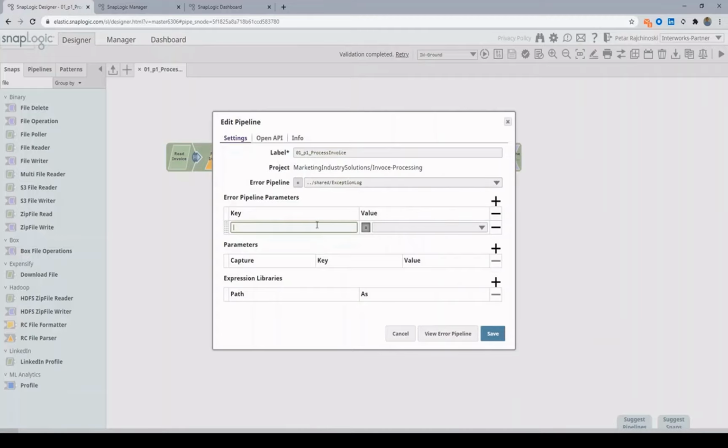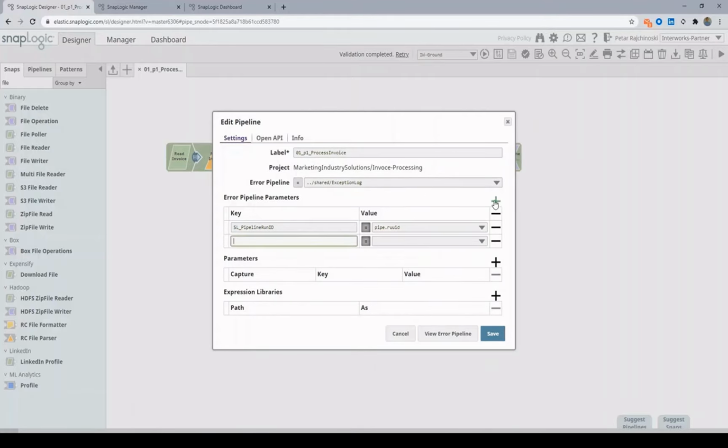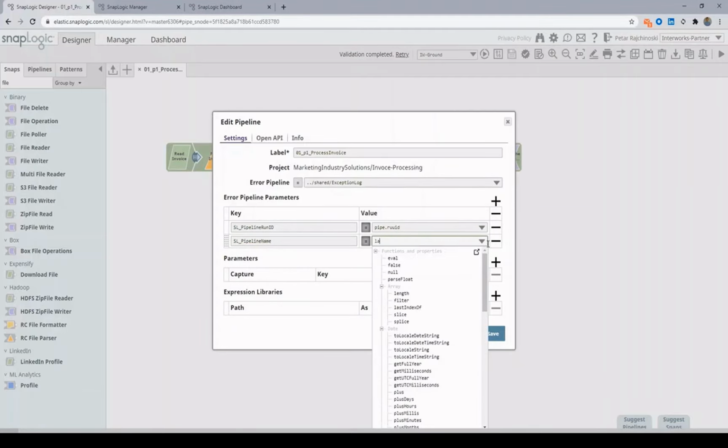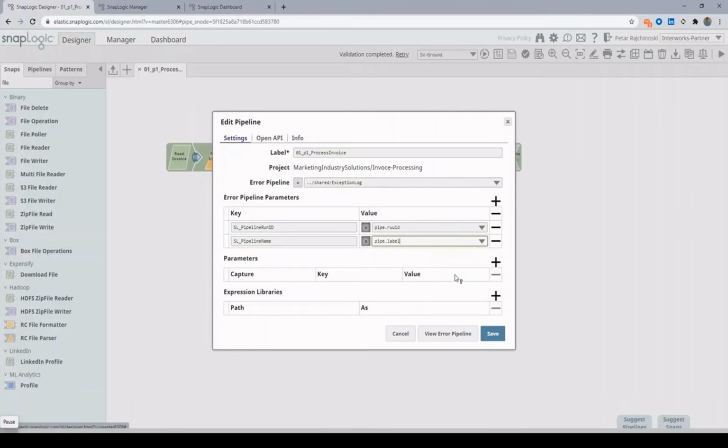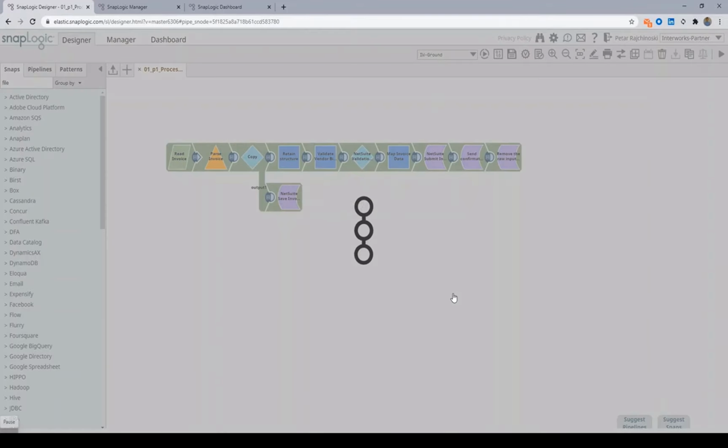So for that purpose, we are just selecting the error pipeline. We are selecting the keys and the values that should be sent into the error pipeline parameters, and you can also see that it is really easy to just search for the appropriate value and just get it from the suggestions. So basically here we will just plug and play the error pipeline.